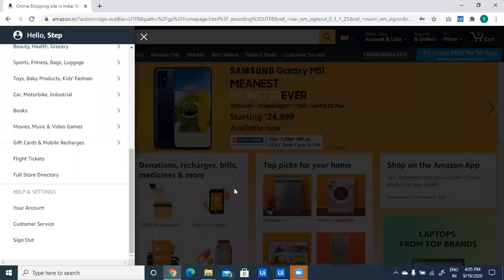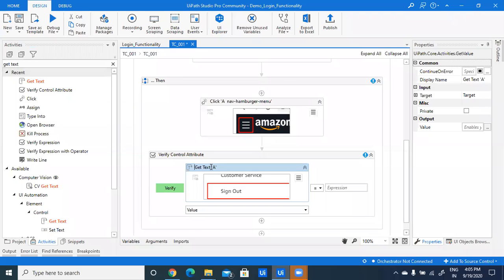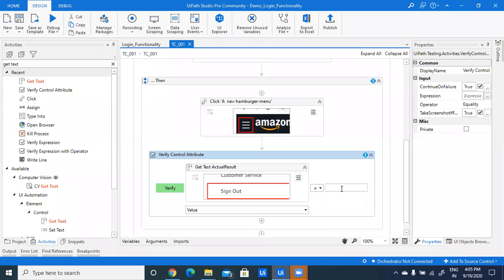So it will compare that, and give the name as actual result. This is my actual result, which will compare with my expected result. It is simple, done.